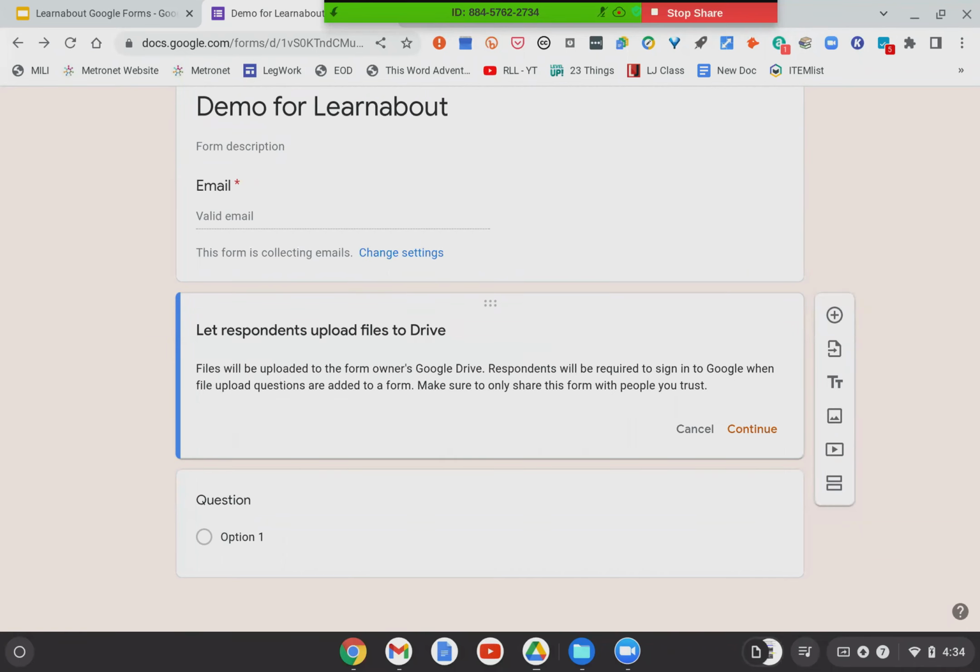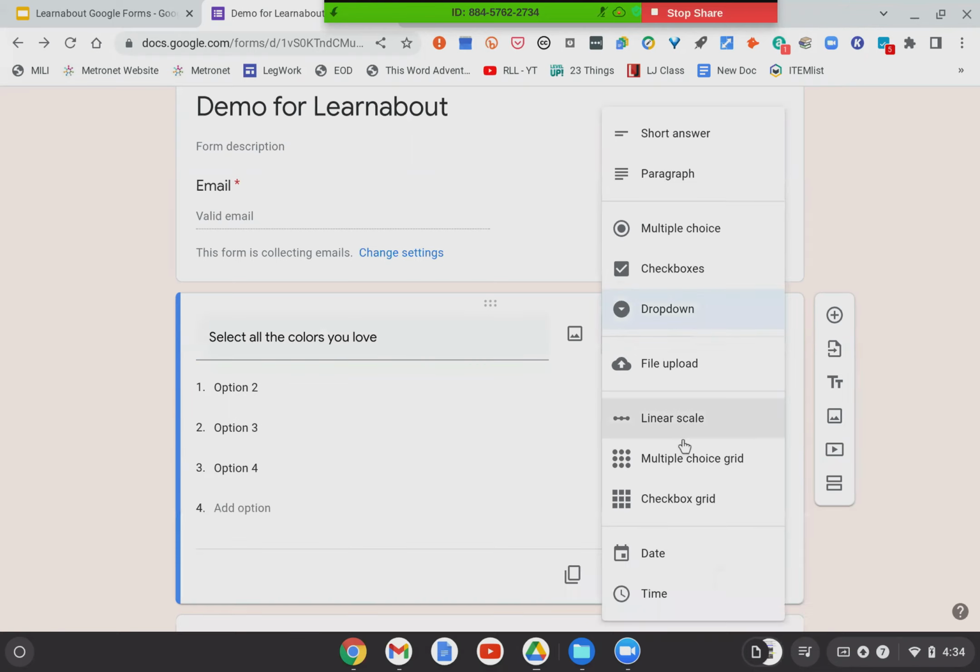The file upload is if, I'm trying to think of a good example, maybe you're a small business and you want to use this for a job submission. So you want them to be able to add their resume. You can give them the ability to upload a file, so it will say, please upload your resume, and then here's the file, and then you can put that in there. So I'm going to cancel that and not put that one in there.